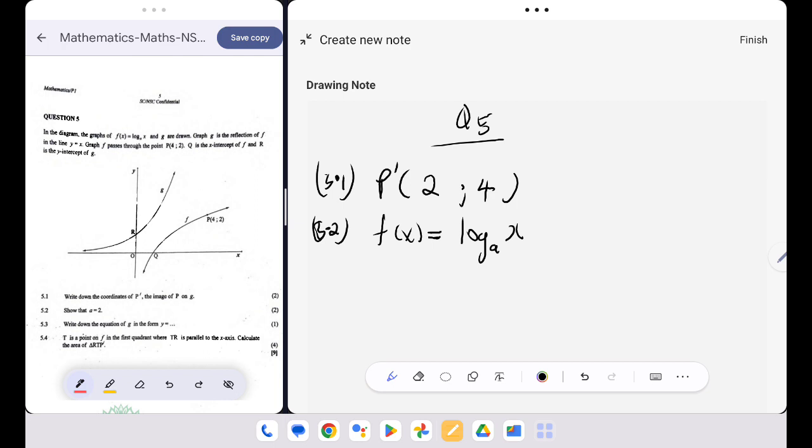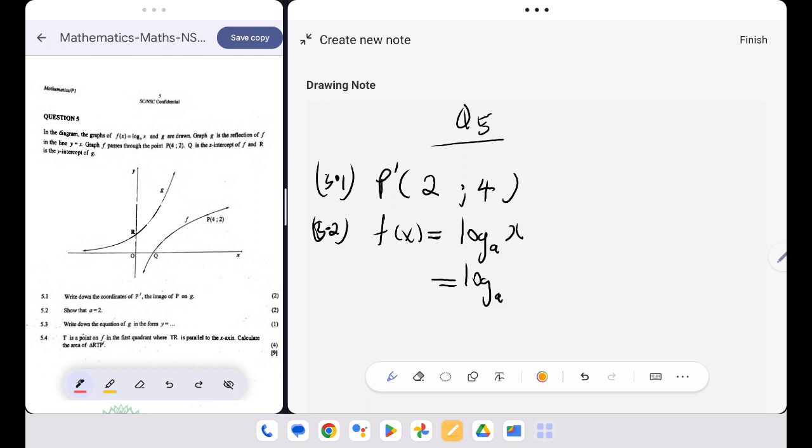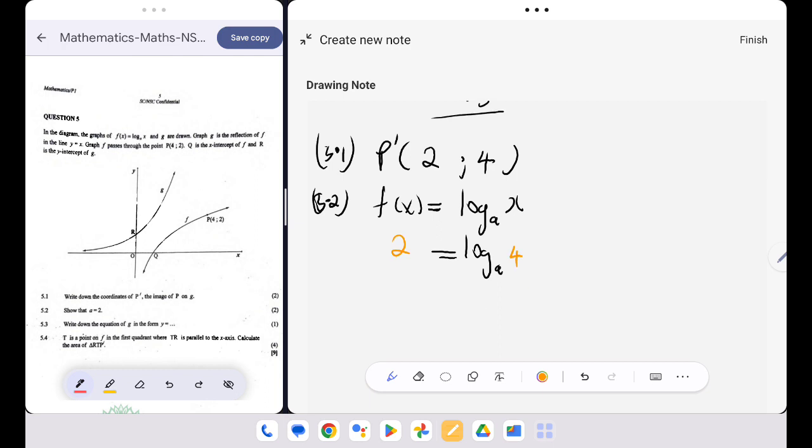What do we have? We have a point on the graph. I know that y is 2 only when x is equal to 4. For me to solve for a here, I just need to